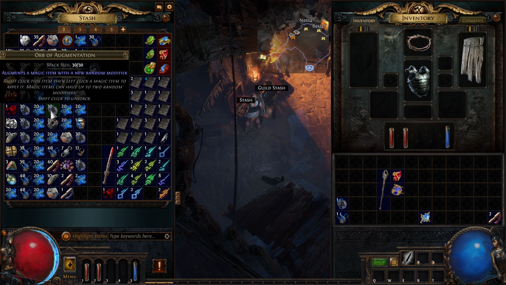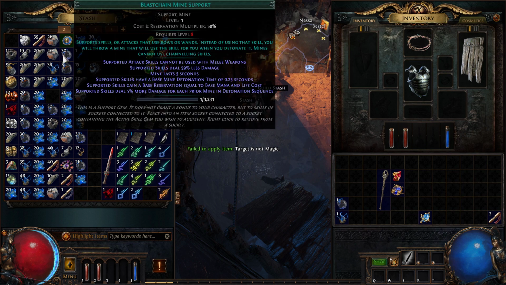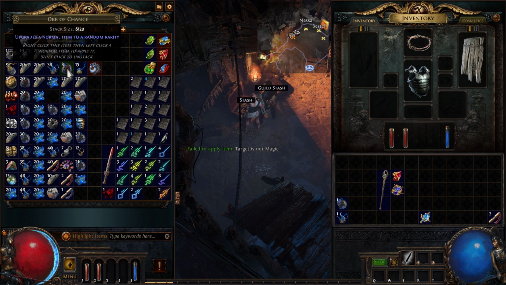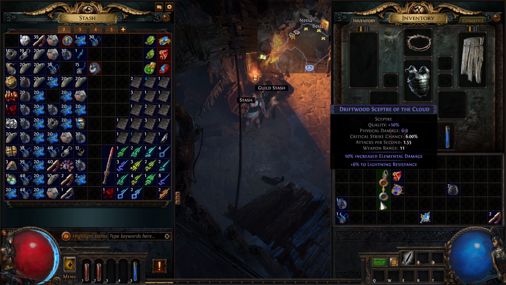So is this? Can I use one of these? Well, first off, do I have a half stack anywhere? I don't think so. Oh, here it is. Orb of Chance. Okay, so we're going to bring this over here. We're going to take an Orb of Chance and we're going to use it on my Superior Driftwood. Boom. Now I have a magical